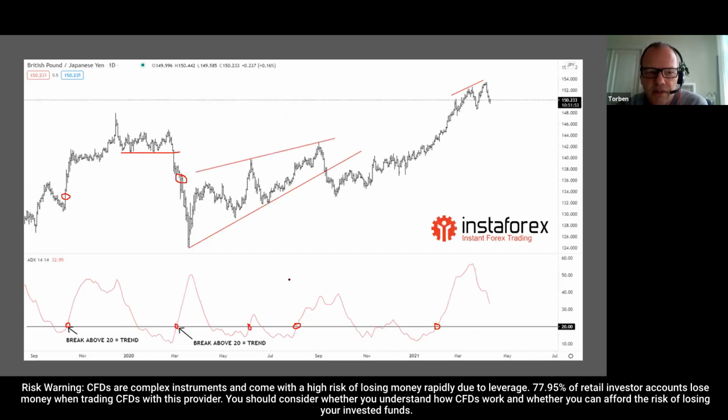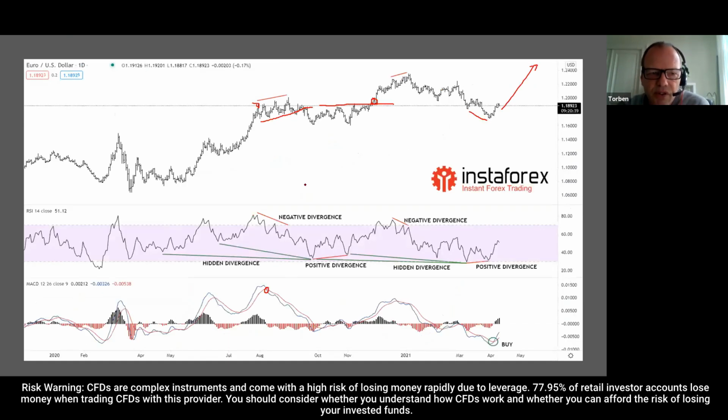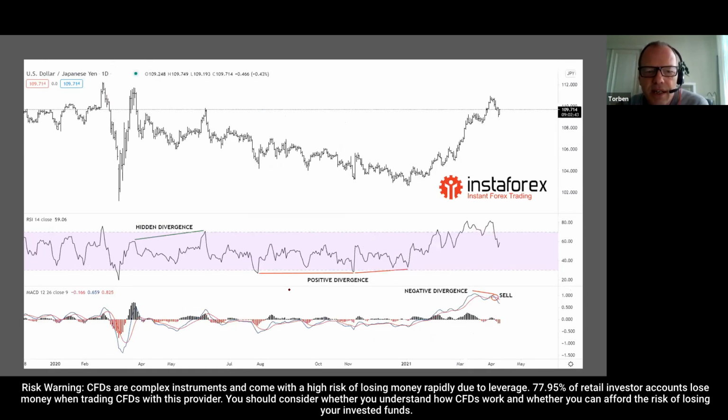As you can see now, all the other ones, when we went through those, was the British pound against the Japanese yen. Now I switched to euro dollar, and we will keep this as a combination for looking at the other major currencies. And the next one is the dollar against yen, to see what this is doing right now. And this one, you can see it's almost equal, but actually you have a negative divergence here. You have a sell at this point,